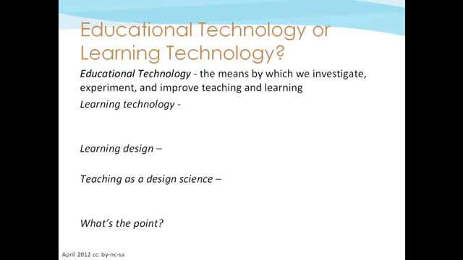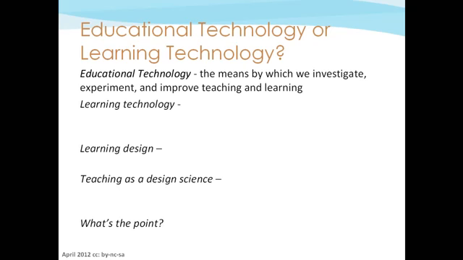So when I was thinking about what we mean by learning educational technology, I did go back to some of those early things of the 70s that Nick was talking about. And in 1970, there was an article by Norman Mackenzie and Michael Arrow from Sussex talking about the nature of educational technology. And the focus for them was that it was about the means by which we investigate, experiment, and improve teaching and learning. And I thought it was a valuable focus because it is about educational technology as a form of engineering. It's problem solving. It's trying to work out how to make things work better. And that was a very important focus for me.